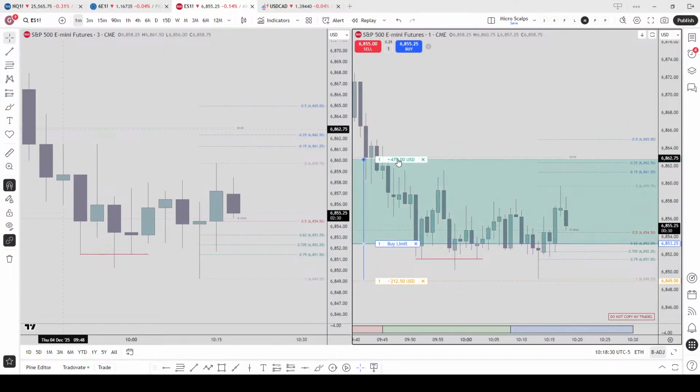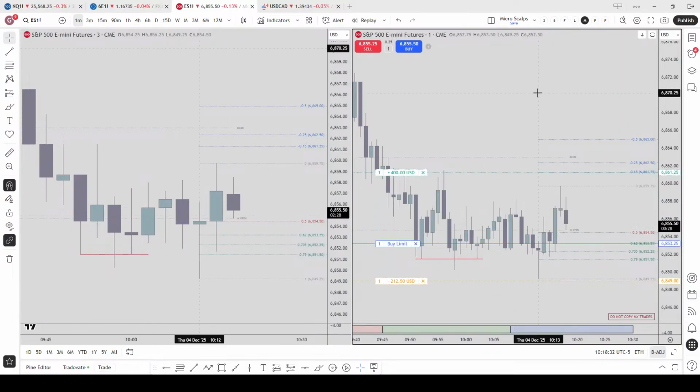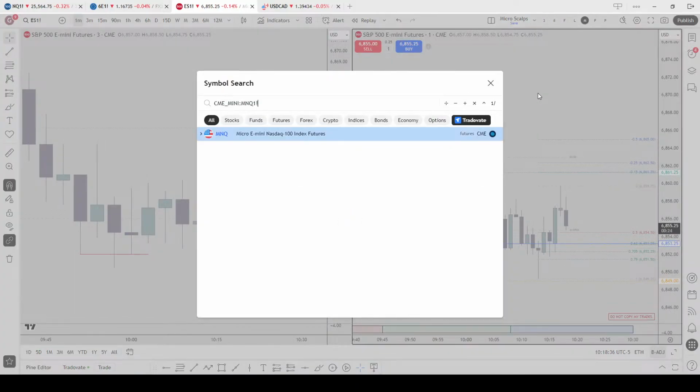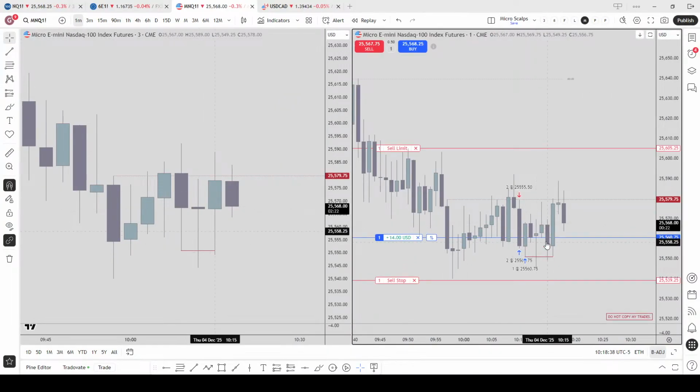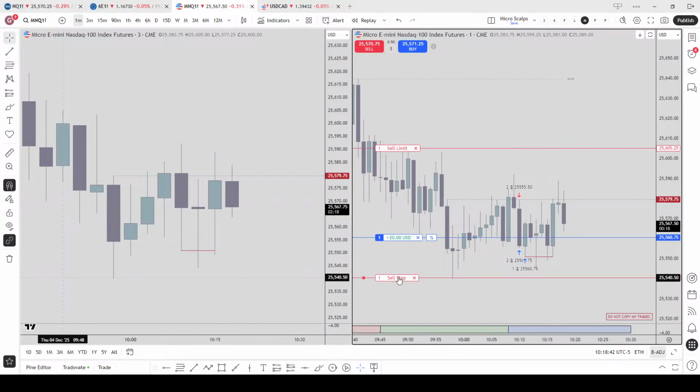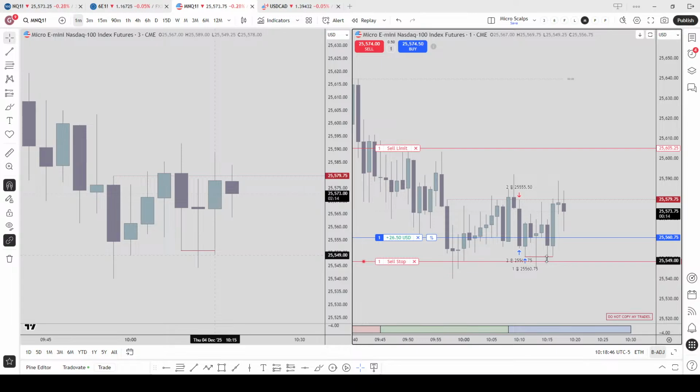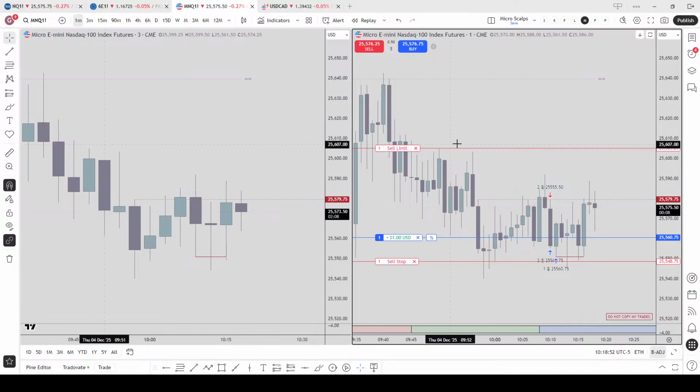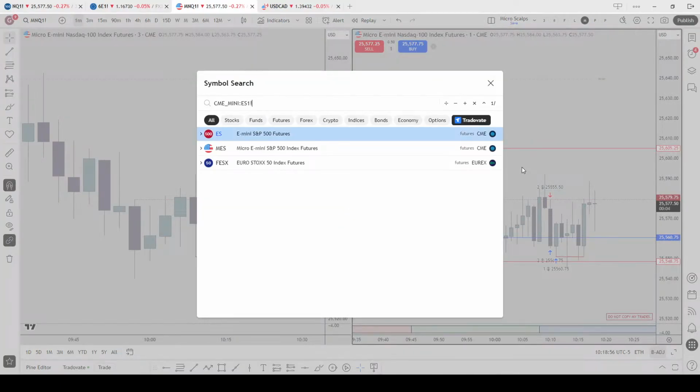I'm going to take a look at MNQ now. Yep, so we did close above this down close candle. I'm going to shift the stops to this candle's low because it should not come back down here. We should be shifting bullish right now to attack the equal highs up here. Okay, heading back to ES.